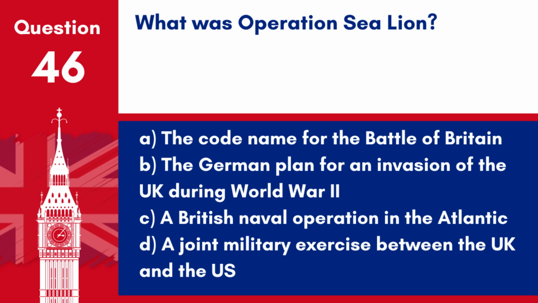Question 46. What was Operation Sea Lion? A. The code name for the Battle of Britain. B. The German plan for an invasion of the UK during World War II. C. A British naval operation in the Atlantic. D. A joint military exercise between the UK and the US. Answer: B. The German plan for an invasion of the UK during World War II. Operation Sea Lion was the German plan for an invasion of the UK during World War II, which was never